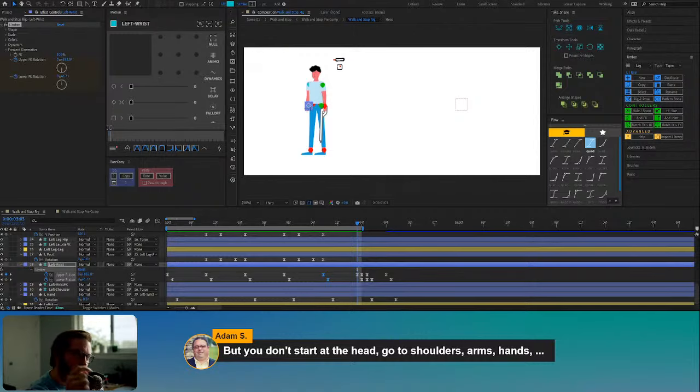And there's two reasons for that. One, everything connects back to the torso. Arms all connect to the torso. Legs connect to the torso at the hips, arms at the shoulders, and then the head and neck connect back to the torso. So unfortunately, After Effects doesn't really have like a